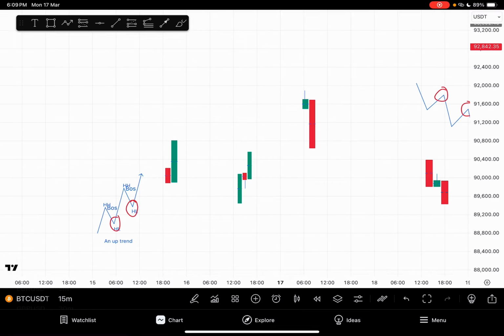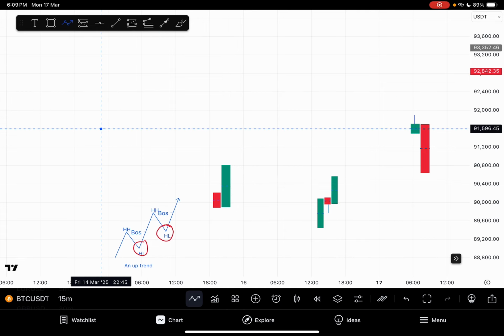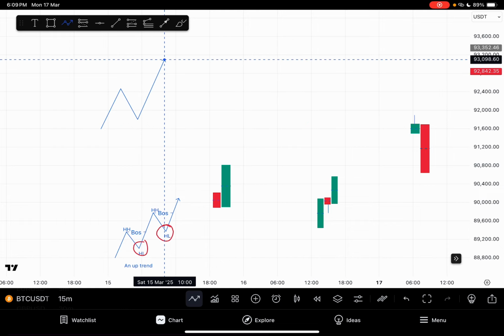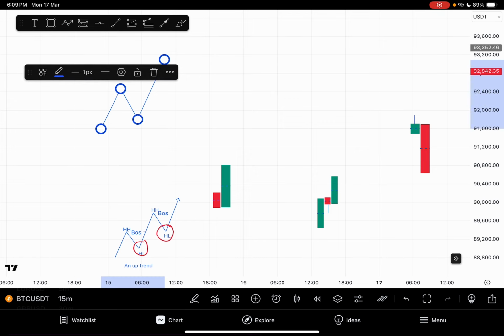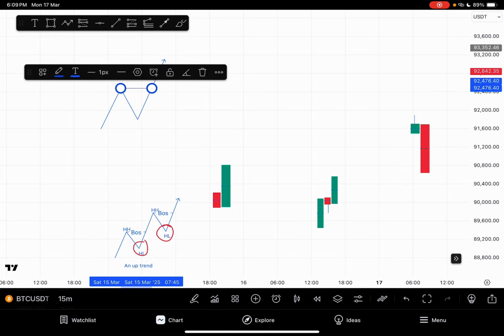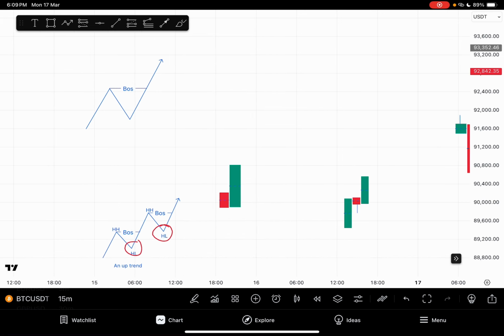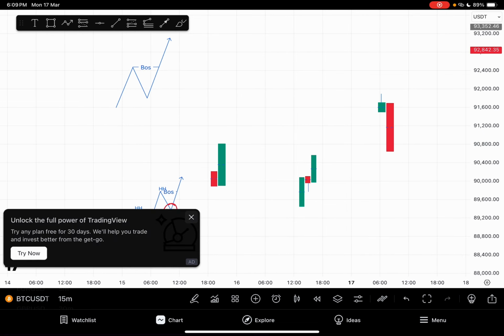Okay, so now if you see price moving in, let's say, an uptrend, so let me make it very big. So let's say this is an uptrend, okay, and price created a break of structure from this region here. You see price create a break of structure here. And after the break of structure,